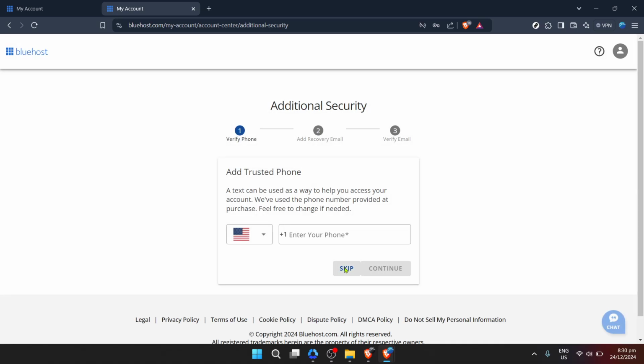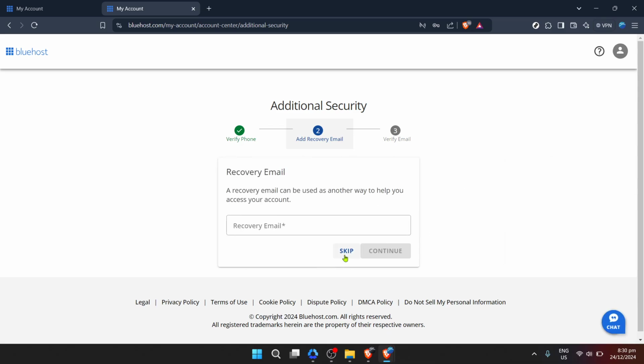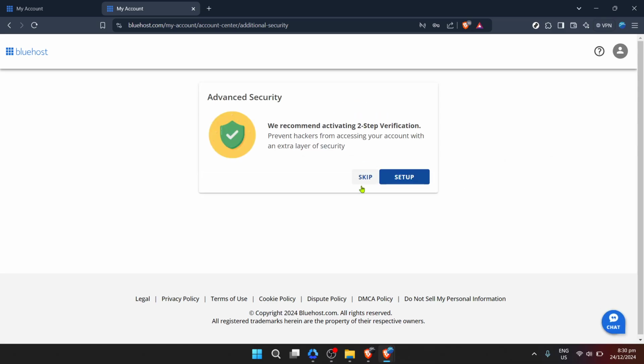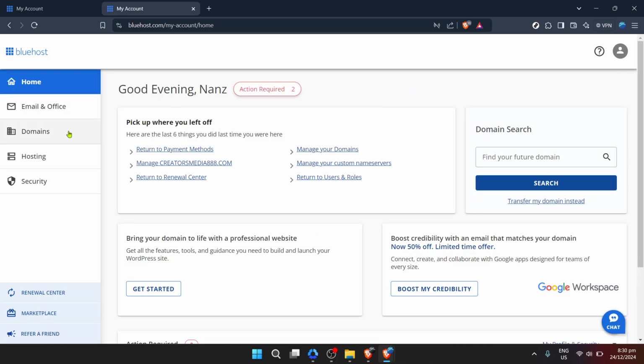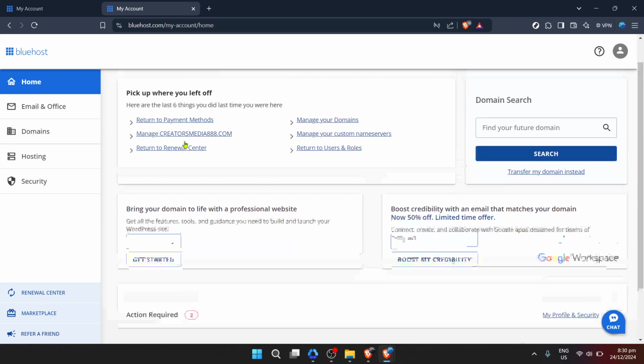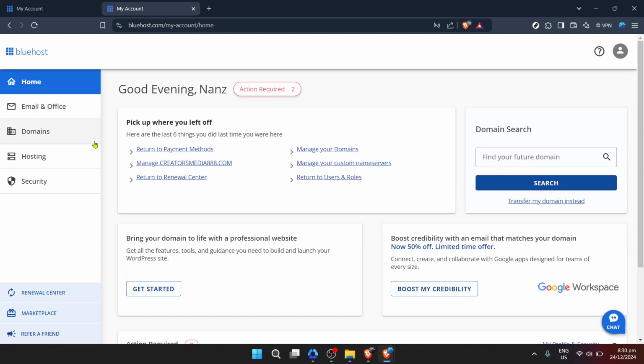Right off the bat, you'll see several options, but for our purpose, let's navigate to My Account. Upon entering your account, it's time to find your domain. Look for and click on the domain link, which should be easily visible. Selecting your domain will take you to its management section. It's a bit like steering a ship. You're now in control of where to direct your website's traffic.